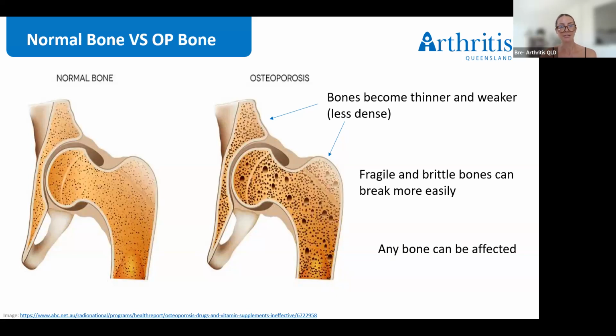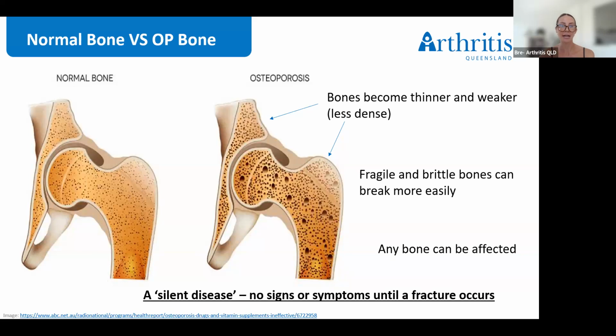So osteoporosis is a silent disease. So there's no signs or symptoms until a fracture occurs. And research has shown that the most common sites where broken bones occur are at your hip, your wrists, and in your spine. And some other common sites include our ankles, our legs, our forearms, and our upper arm and ribs. So these fractures typically occur after just a minor trip, or if you have a fall or a similar incident like that. So osteopenia, which we mentioned before, is a clinical term that's used to describe a decrease in